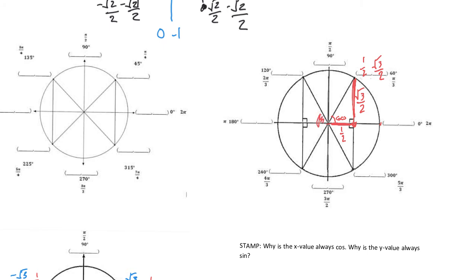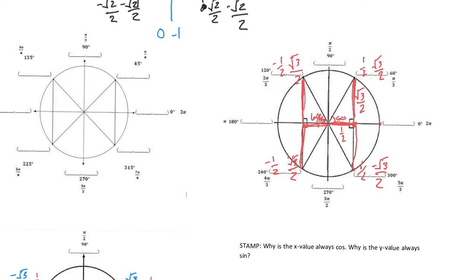So at 120, this is also a 60-degree angle. So it's left half, up square root of 3 over 2. So we're just changing the signs. This one's left 1/2 down square root of 3 over 2. This one, right 1/2 down square root of 3 over 2. So we could figure out all these coordinates, the x's and the y's,